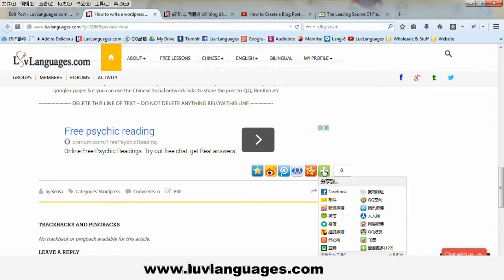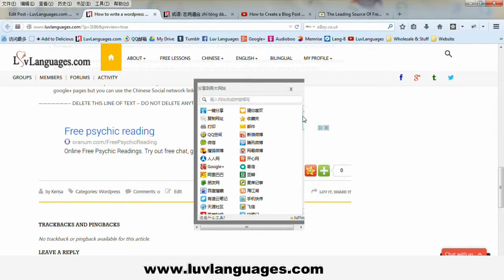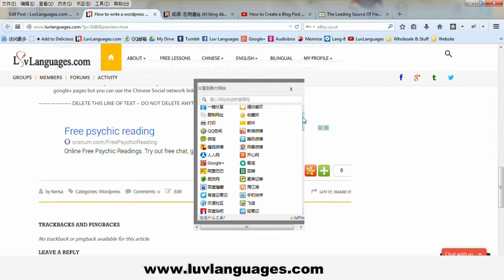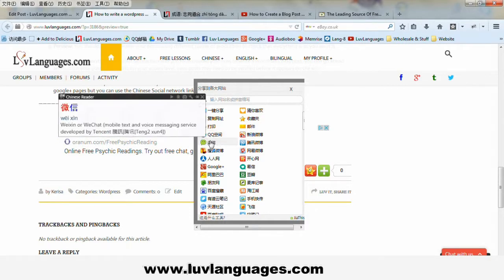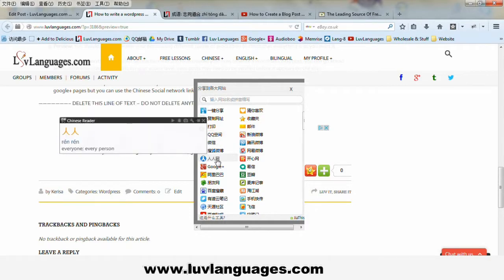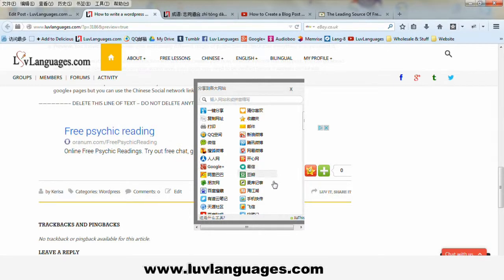This one is awesome, by the way. I think this is the best social sharing app that I have come across. It has all the social sharing networks that you can think of. QQ Space, Weixin. I haven't tried this yet, but I will try it very soon. Renren, Google Plus. It has